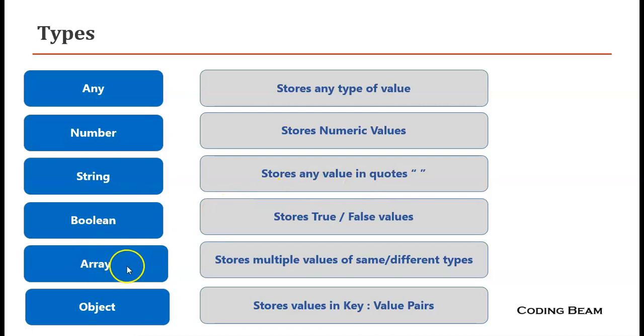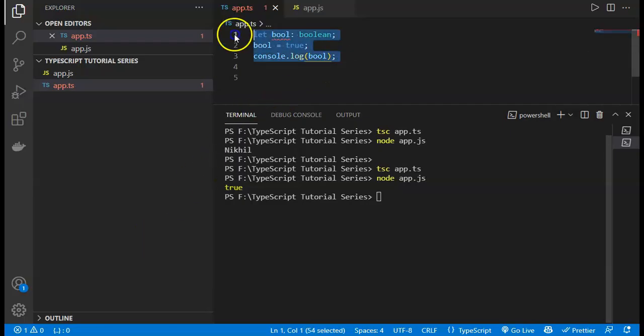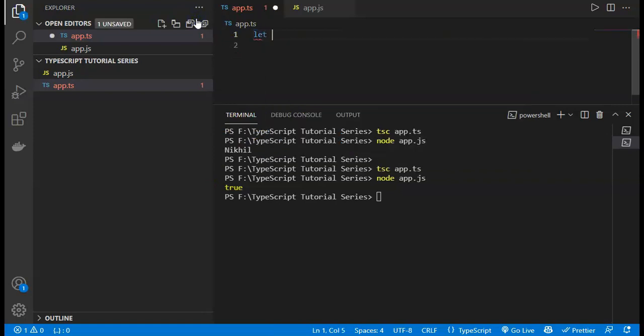And we can also define the value as an array or object. If I define the value as an array, like let arr, then we have to define the type of it as an array. For defining the type of the array, we have to define the types which we can store in the array. Like if we want to define the array as string, we have to define string and array there. So it will only get the values in strings. So this array will be made only from strings.